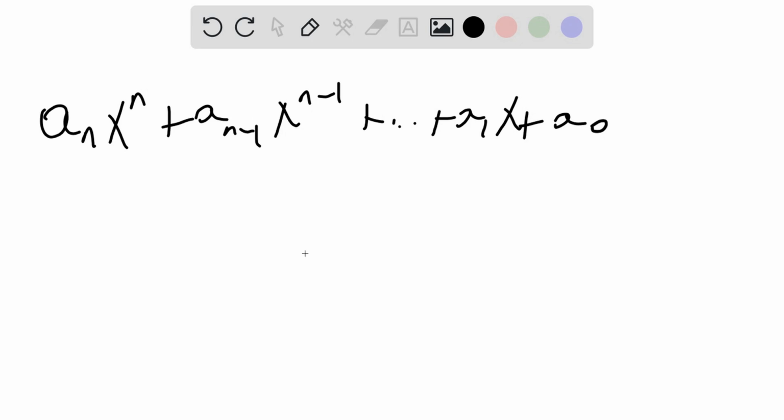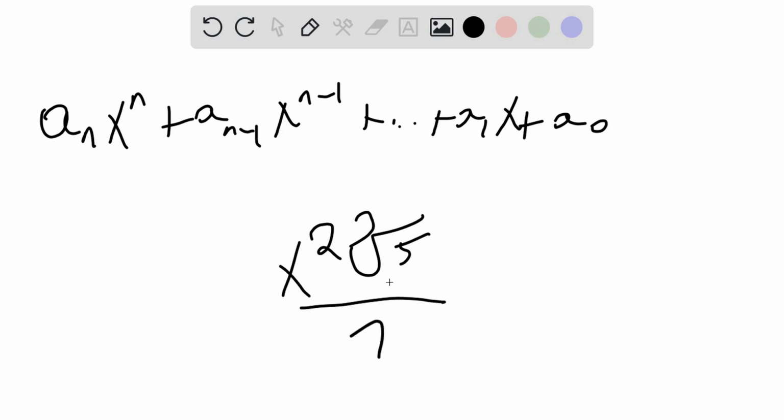So the given polynomial is given as x squared times the cube root of 5, all divided by 7, which might look a little scary here, but realize we're just multiplying on top. So we multiply any way we want. So this is the same thing as cube root of 5 times x squared all over 7, but then we can just pull out the constant, since the cube root of 5 over 7 is just a constant. So therefore, the standard form here, we could write this as the cube root of 5